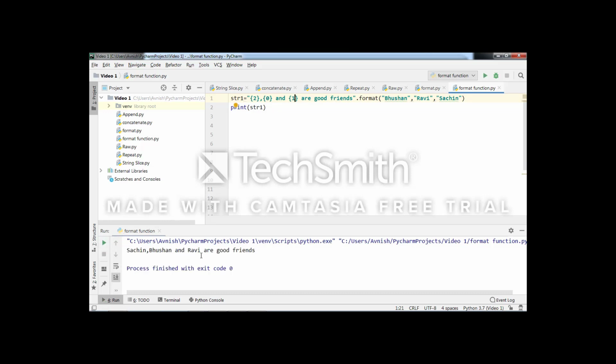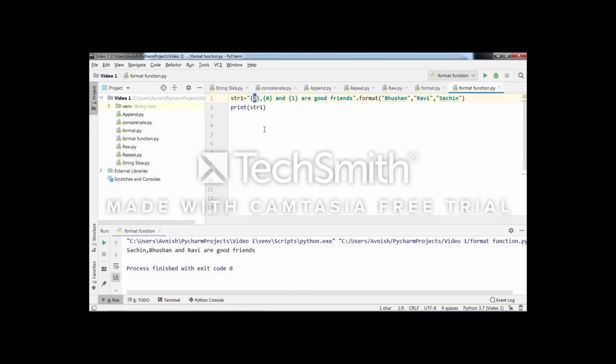See, Sachin, Bhushan and Ravi are good friends. In this way, we can also pass some integer value instead of keeping the placeholder blank.